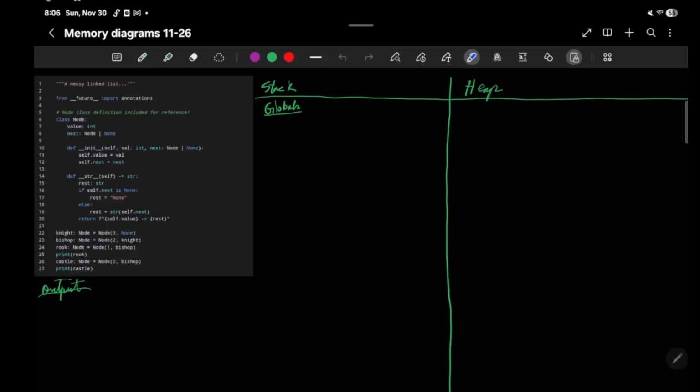Today we are looking at a code snippet that deals with nodes, the node class. In particular, dealing with linked lists. Let's get started. As always, just a reminder that